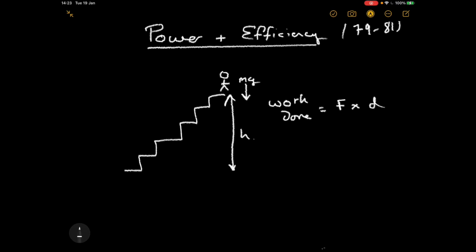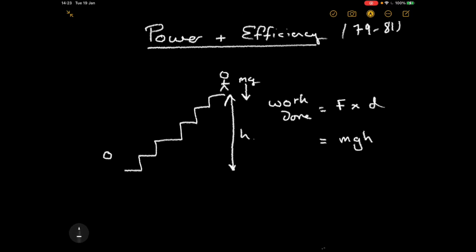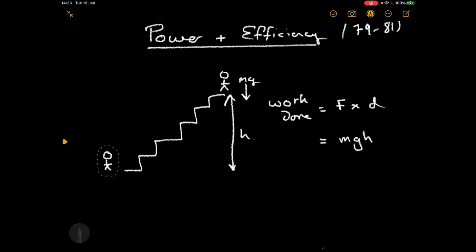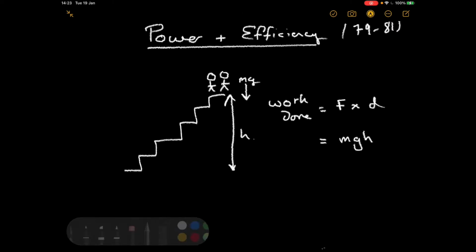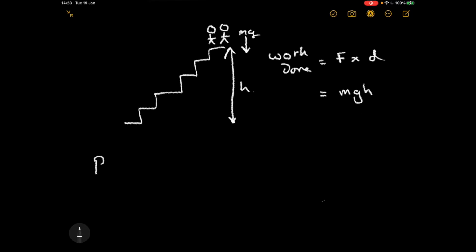So the useful work that we do in this situation is mgh. Now that in itself is unsurprising because we did it last time. However, another person who runs up and is much quicker does the same amount of work, but they do it in less time. That second person is more powerful because power